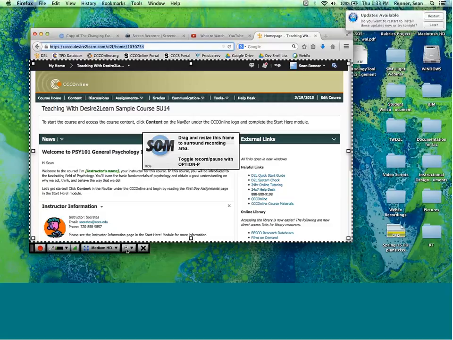The last button here is a webcam button. There's kind of mixed opinions about whether to record using a webcam, and what this will do is it's still going to record your screen capture, but it's also going to record video from your webcam. Most of the time I tell folks, don't really worry about the webcam too much.